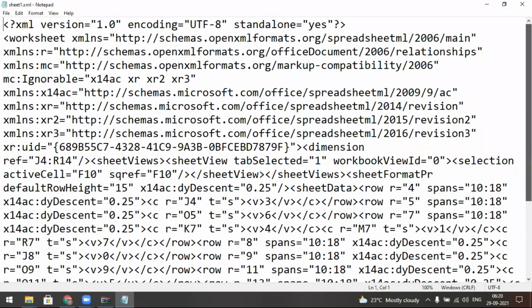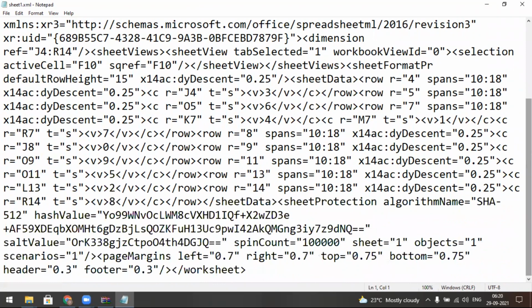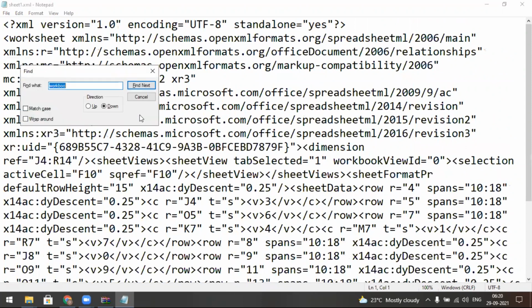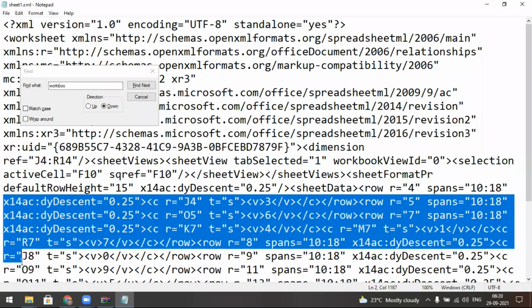In this one, you must search for the sheet protection. If you search manually, otherwise it can't be displayed. You must put the insertion point at the starting place and press Ctrl F. One drawback in Notepad is that if I place the insertion point from this location, it can search only downwards.